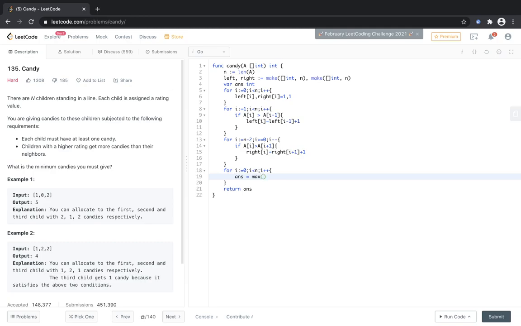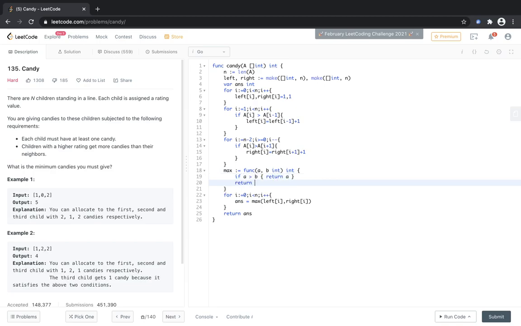Answer is equal to max of left[i] and right[i], and return the answer. And what is max? It's a function that takes two integers and returns an integer. If a is greater than b, then it returns a, else it returns b.